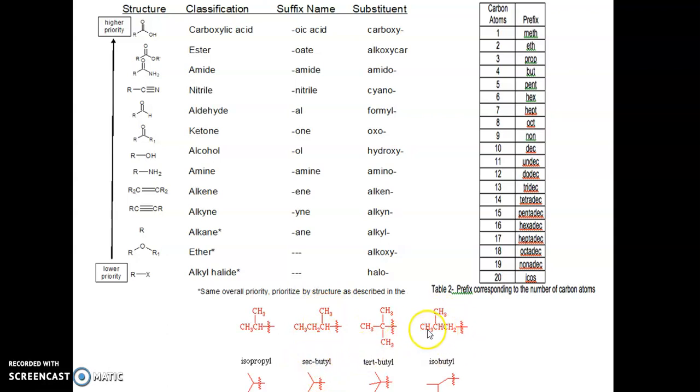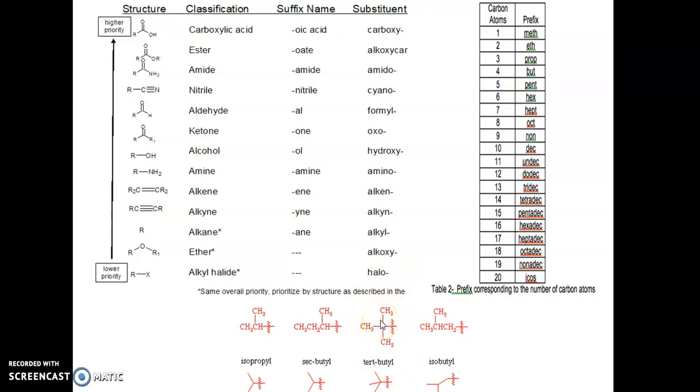Now here you see, here also 4 carbon atoms, so it should be butyl, but here the CH3 unit is present right in the middle of the 2 carbon atoms. So it is called isobutyl. Now this group, how many carbon atoms? 1, 2, 3, 4 carbon atoms containing alkyl group, arranged like that. This entire functional group is called tertiary butyl group. 1, 2, 3, 4 butyl. This is the structure of tertiary butyl group.